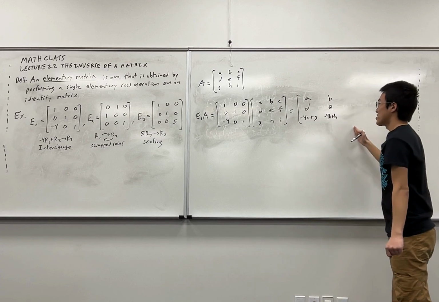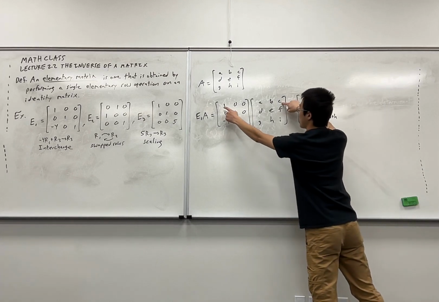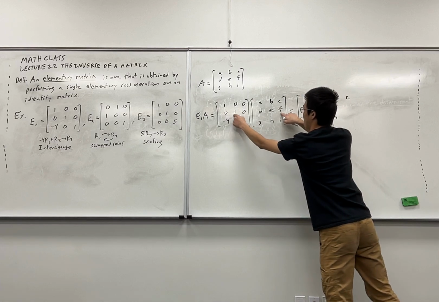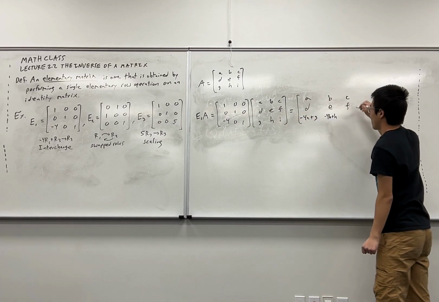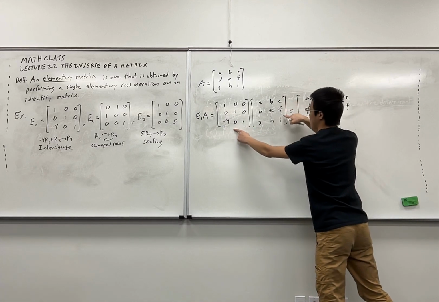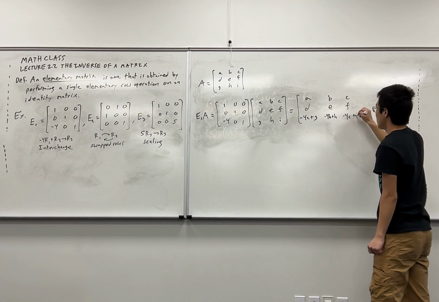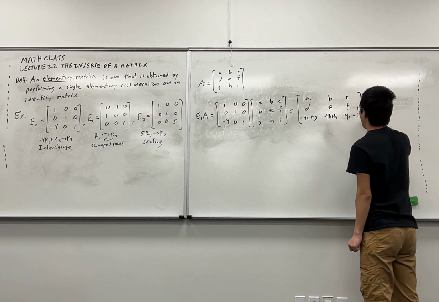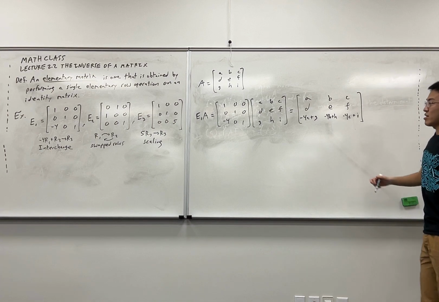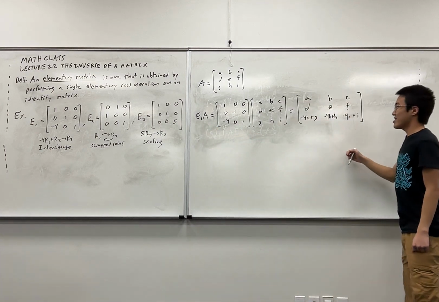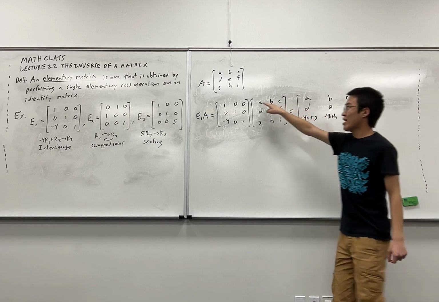And then the third column is going to resemble this exact same pattern. C is the only thing that survives. F is the only thing that's going to survive. And then minus 4C plus I. Interesting. So this product of taking E1 times A is exactly the same thing as if I had started with